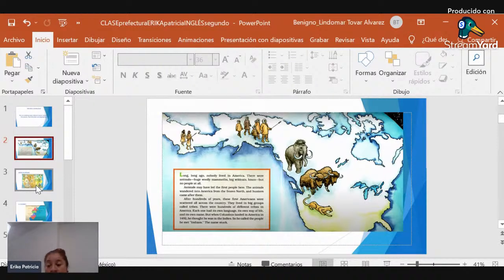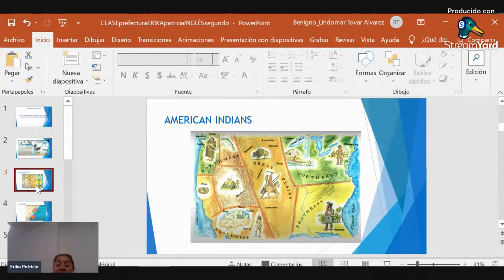These groups or families started small and then became bigger and bigger, and they continued as tribes in the United States, and then they were known as